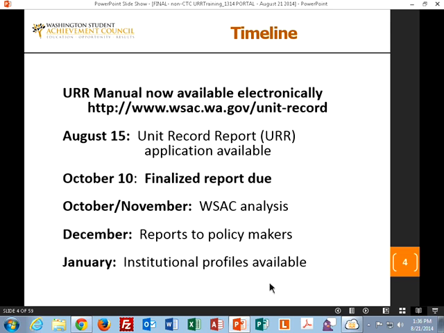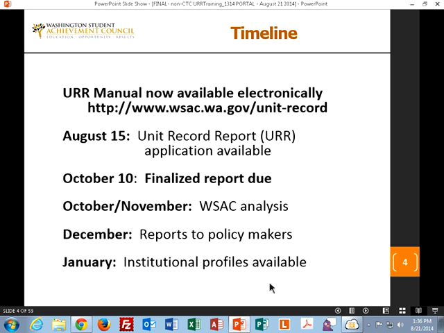So once all the reports are in on October 10th, staff will do lots of analysis on this and continue to work with a few schools for cleanup information if necessary. And we hope that by December then that everything's in good shape, that we can begin to give information to policymakers, Rochelle Sharp, our executive director of the agency, and so forth.